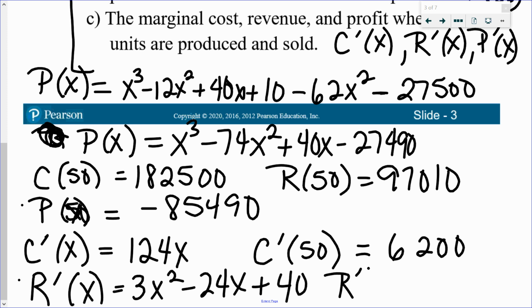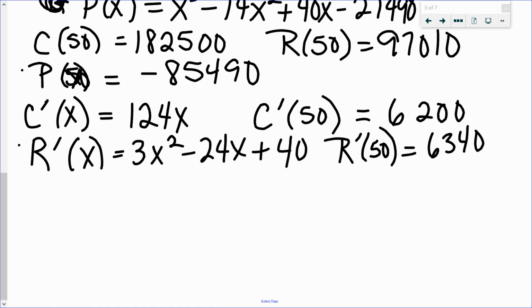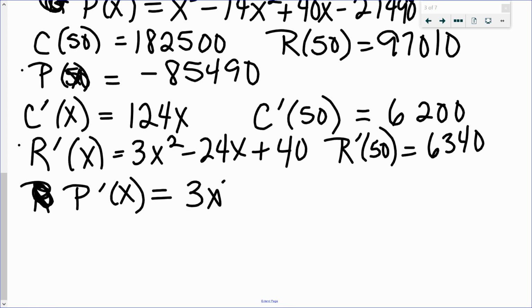So R prime of 50, okay, so the revenue associated with the 50th unit is going to be 6,340. And then P prime of x is going to be 3x squared